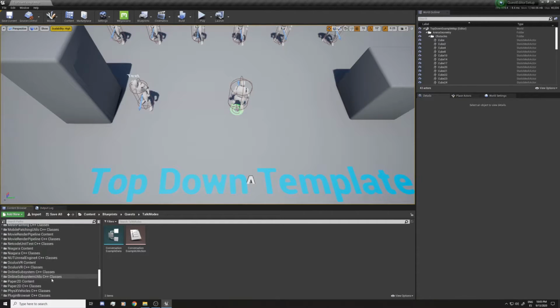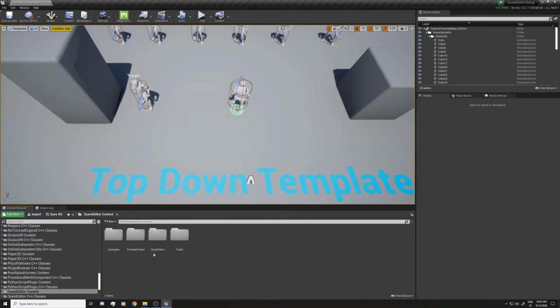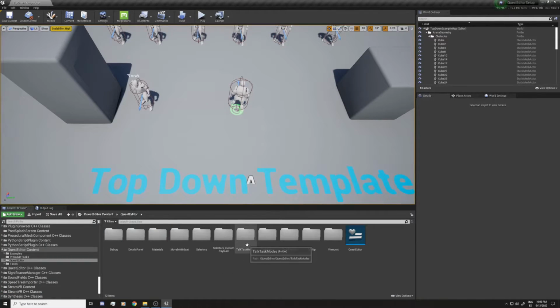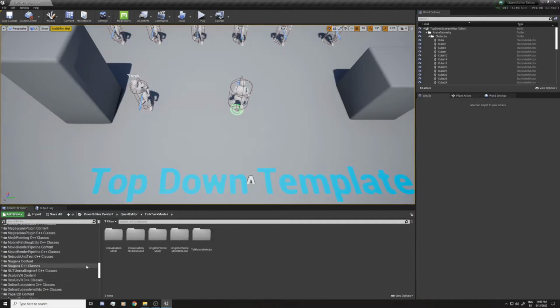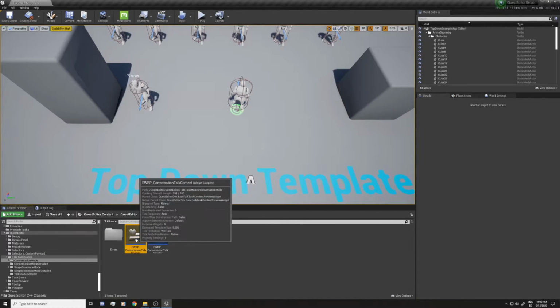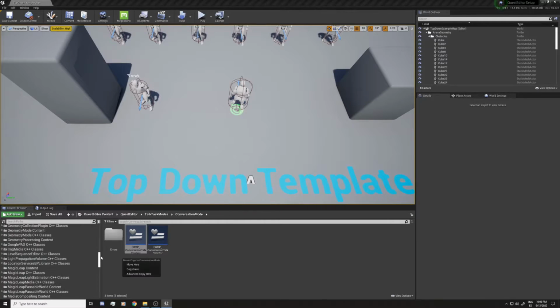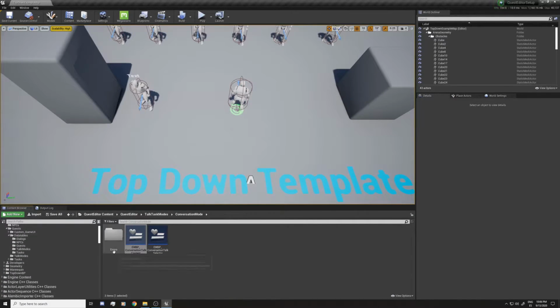If we search the plugin, if you don't see these ones, you have to enable the engine content. I'm going to go to quest editor here, and in toggle modes you can see these are the modes that come with the plugin. I'm going to go to the conversation mode, get the conversation toggle content, and copy it to the game, to the folder toggle modes.